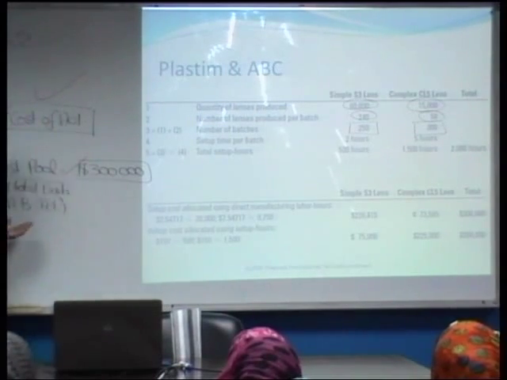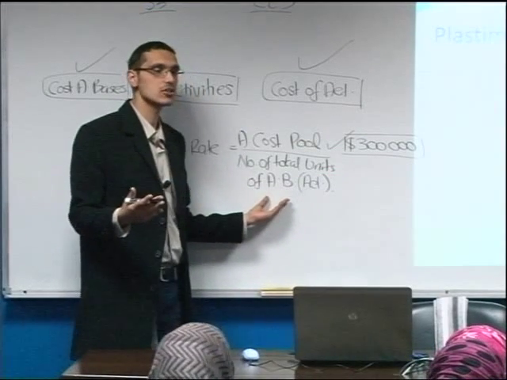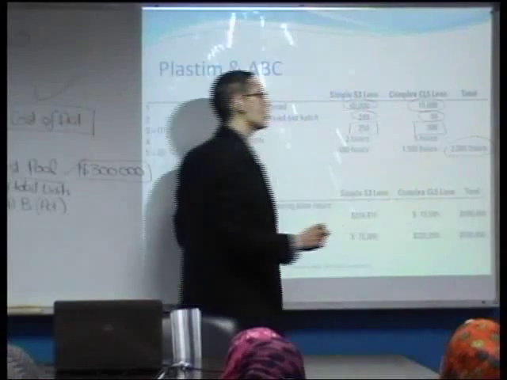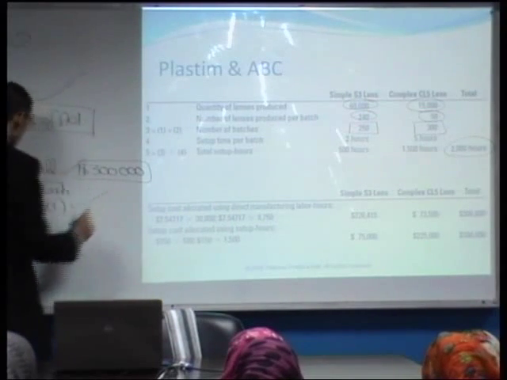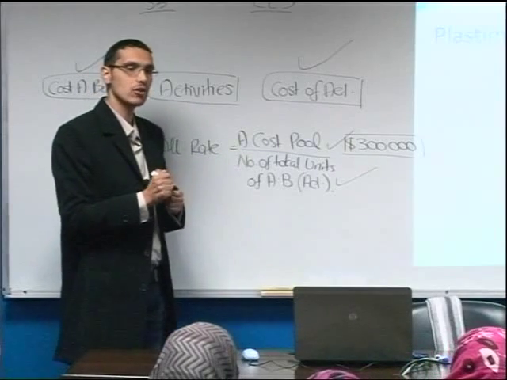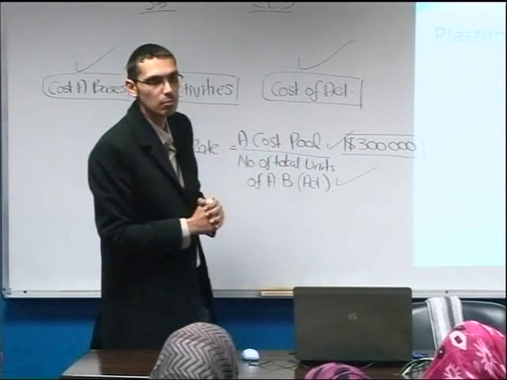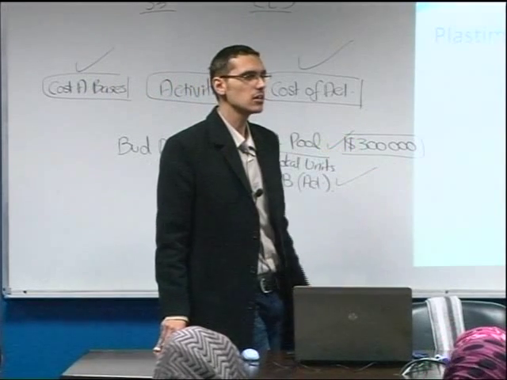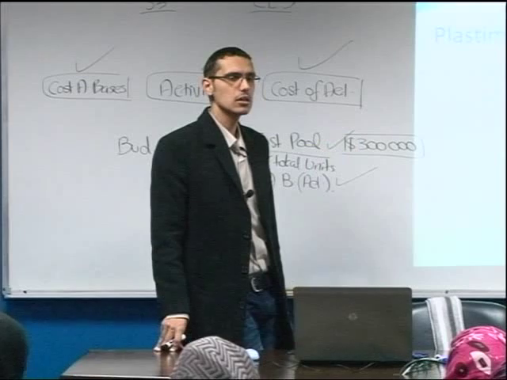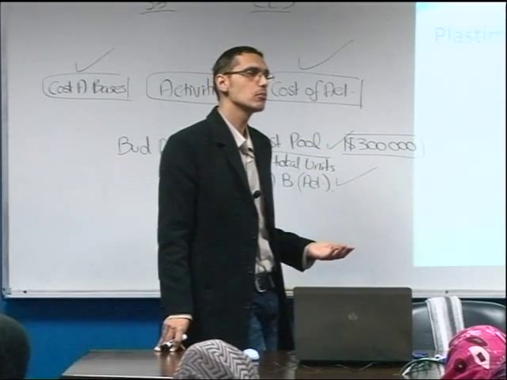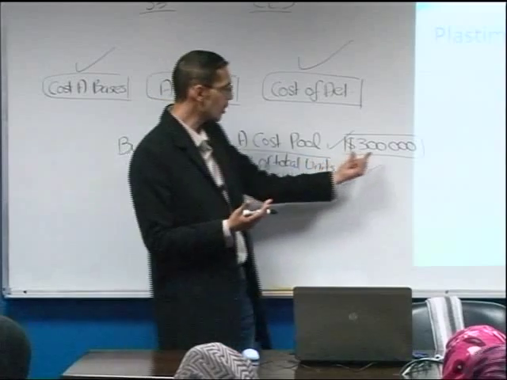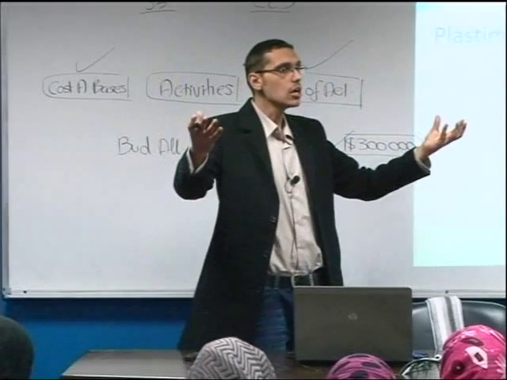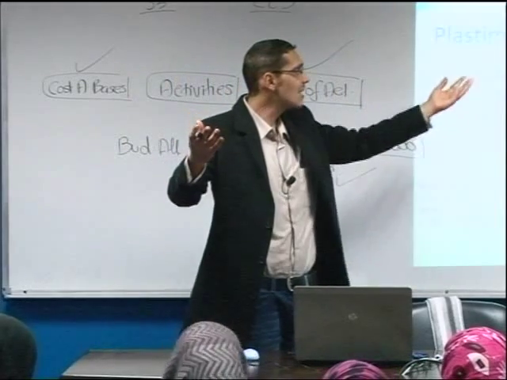Correct? Therefore, what is the total number of units of the allocation base? Which is exactly the 2,000 hours. Therefore, we have determined the number of total units of the allocation base, which is in this case the total number of setup hours. Is this the end of the line? So what is the next step now? We need to allocate the $300,000 onto the different products, the CL5 and the simple lens,